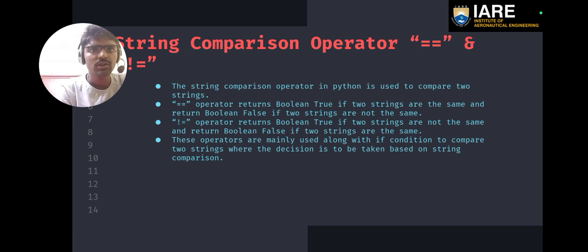strings. Equal to operator returns boolean true if two strings are same and returns false if two strings aren't the same. Exclamation equal to operator returns boolean true if two strings aren't same and returns false if two strings are same. These operations are mainly used along with conditions to compare two strings where a decision is to be taken based on